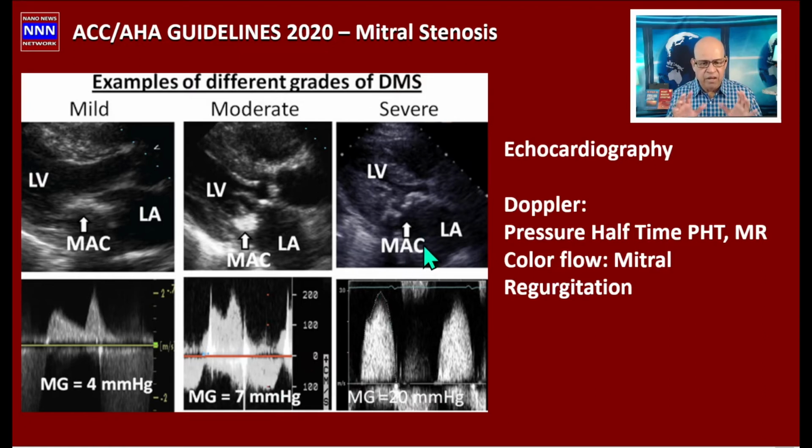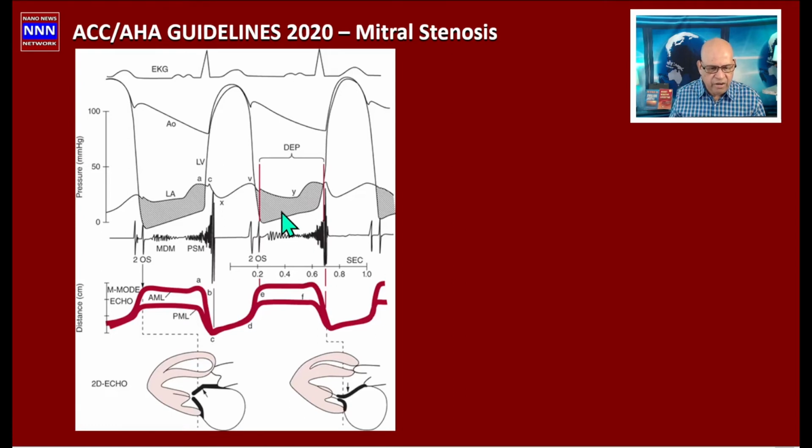Of course, I want to emphasize this is the echo of a patient with a degenerative mitral stenosis, which I'm going to talk to you about towards the end of this presentation. So you want to stay till the end of the presentation. I get back to this chart again to show how the left atrial and left ventricular end diastolic gradient sort of matches the mitral valve movement, mitral leaflet movements